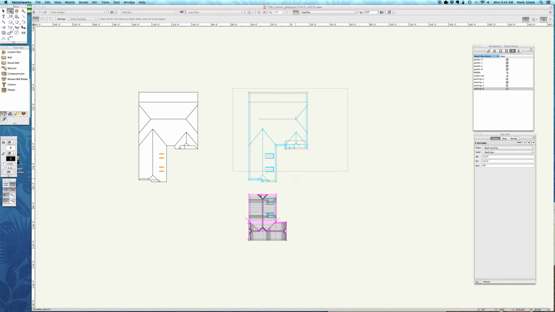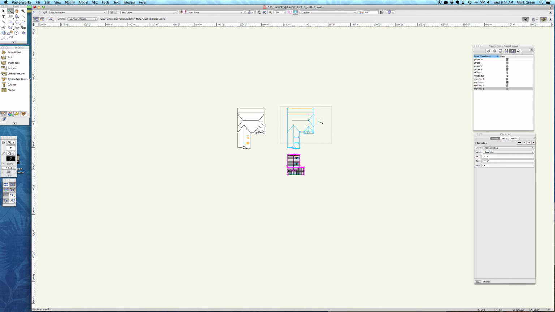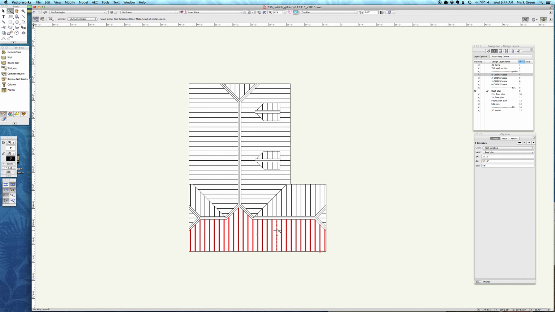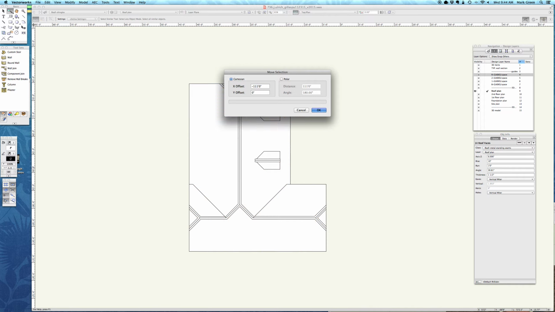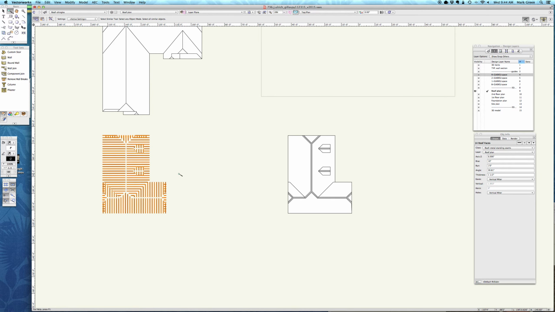Throw those over. That's everything up here. Everything else is guides. You can actually turn off the guides layer so it's easier to look at, and then zoom in on this lower portion. Select something. Those are all metal standing seams. Throw those over. And I'm going to throw it into isometric to make sure that these are all